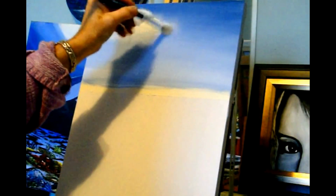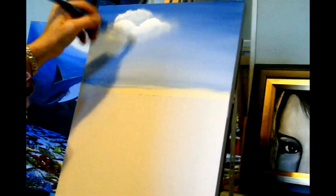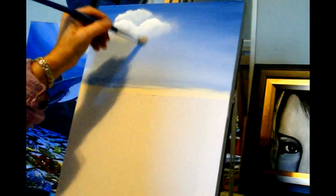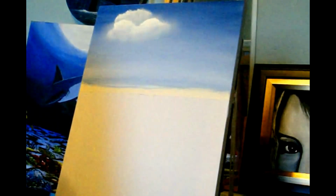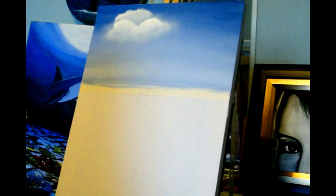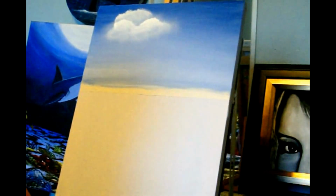There are so many different ways to make clouds, so I'm just going to show you this technique today, and I'll show you some more, and then you can pick the ones you like the best or whatever is easier for you. So there we go. I'm trying to show you some different ones. You can also take some white and a little bit of blue,